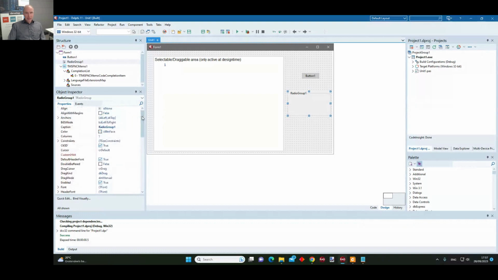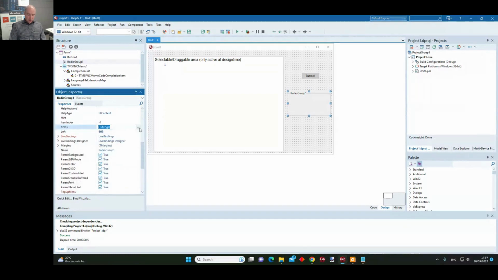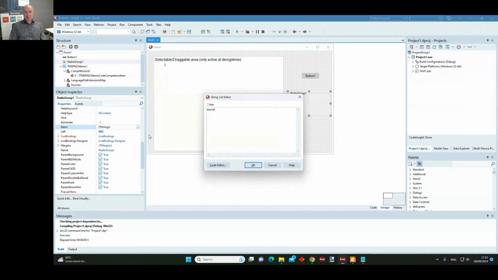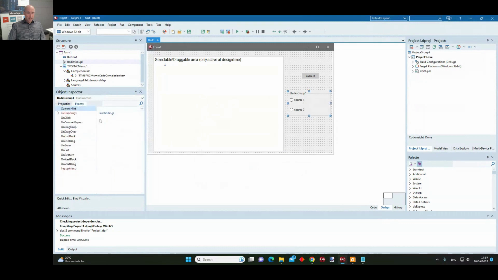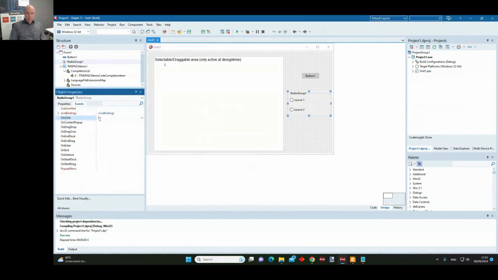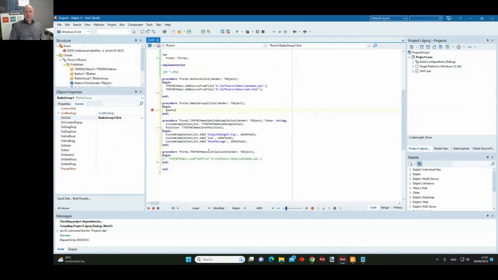So let's add some items here, and this will be, let's say, source 1, source 2. Okay, and from my on click, I do something simple like FNC memo dot active source, and this will be the index of my radio group.